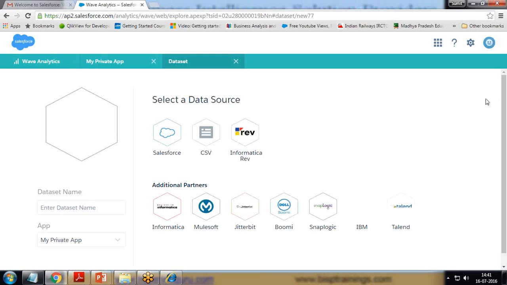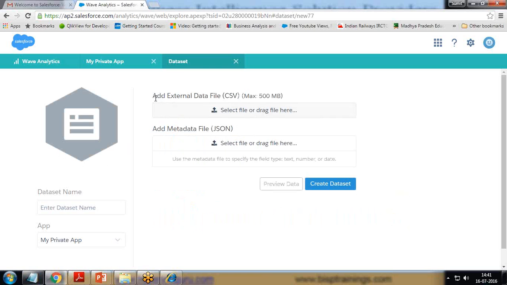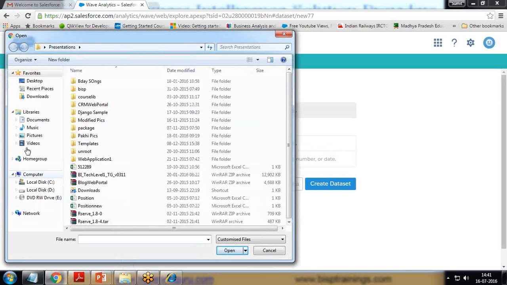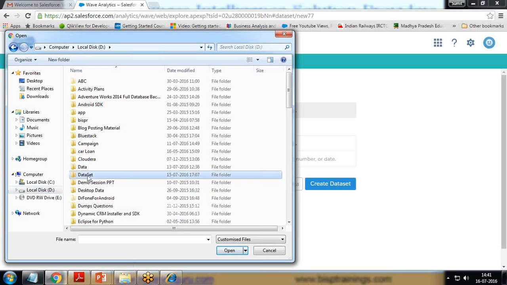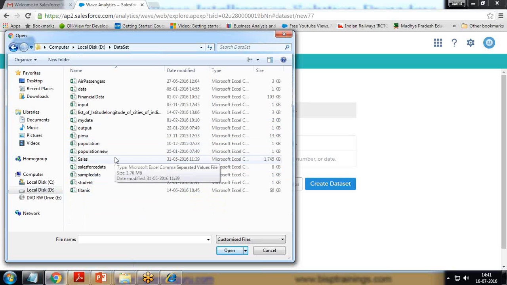Now you can see here we can load the dataset either from Informatica, a CSV file, or from Salesforce. So I'm going to load the financial dataset which I have available on my local drive, so I click on CSV. We can add an external data file, maximum 500 MB, or we can add a metadata file, mainly a JSON file. So we can add it. So I click on select, drag file, and click on D drive, datasets, and let's suppose I add here financial data,